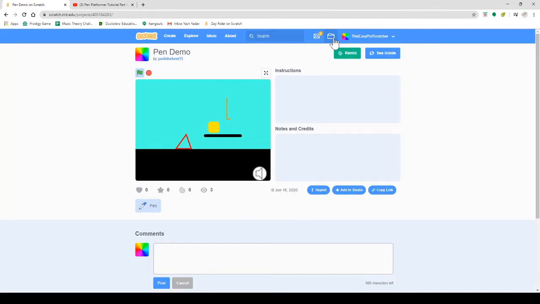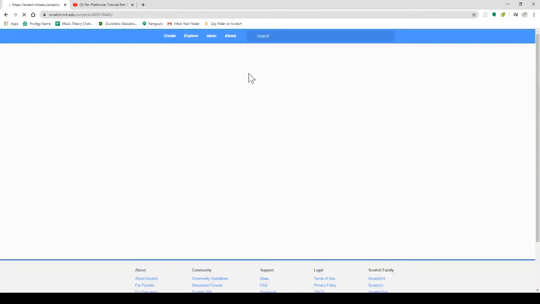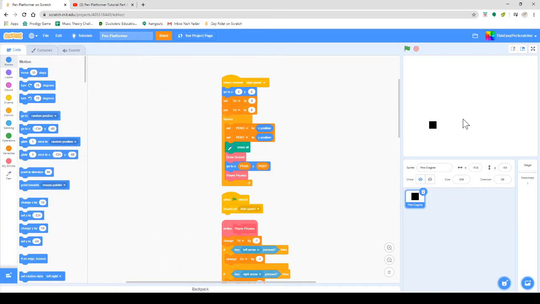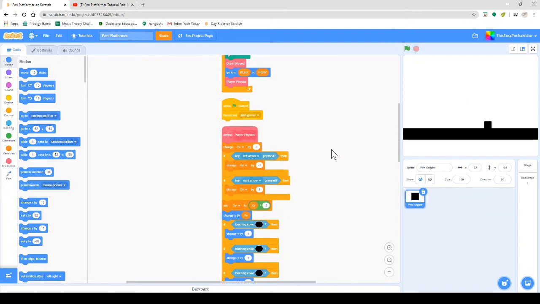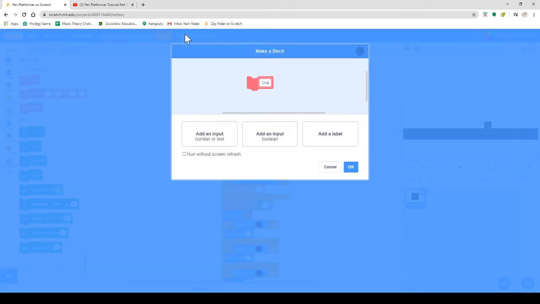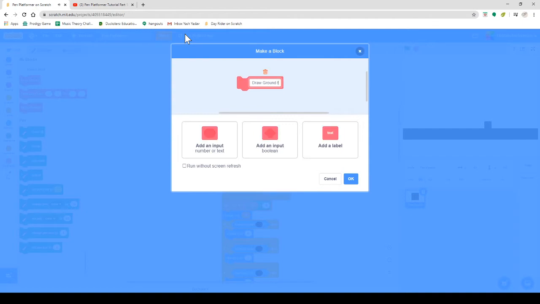So we go back to our project that we made. Can load it in. And last time we were trying to fix the problem where the thing would not get stuck in the ground. So we fixed that. Now we need to fix this for our player. So now what we need to do is basically create a block called draw ground from